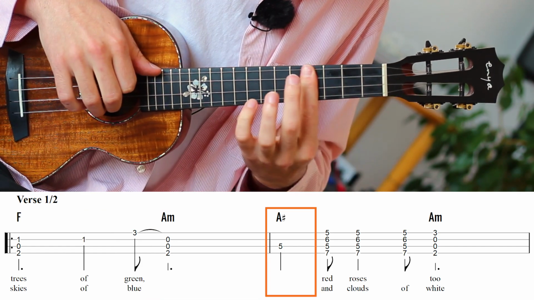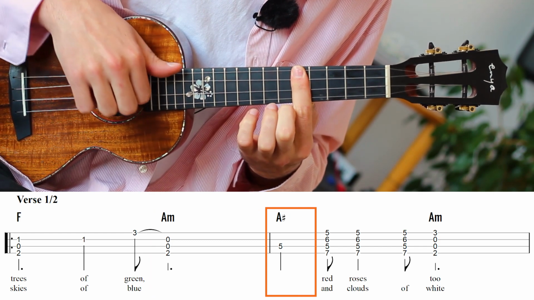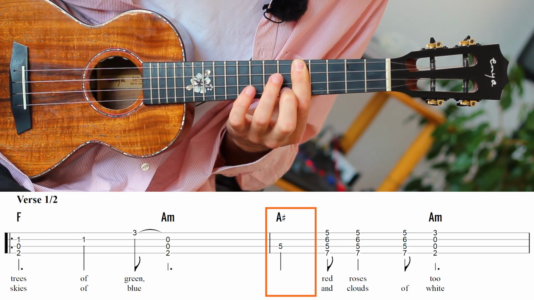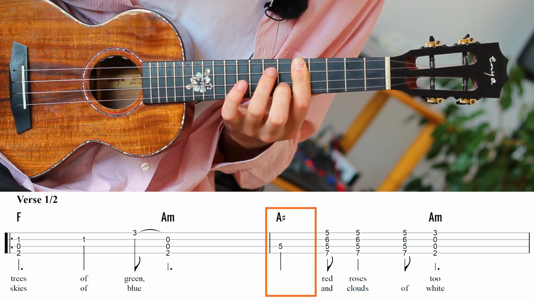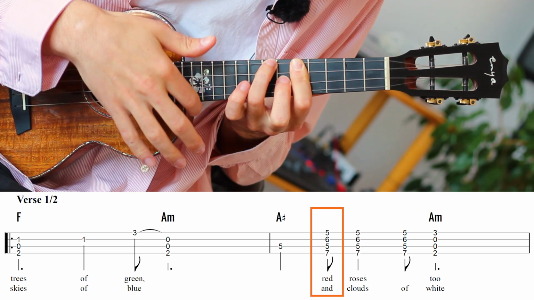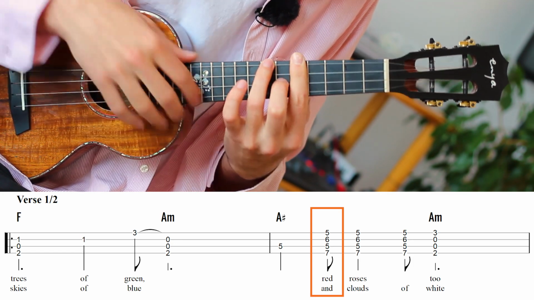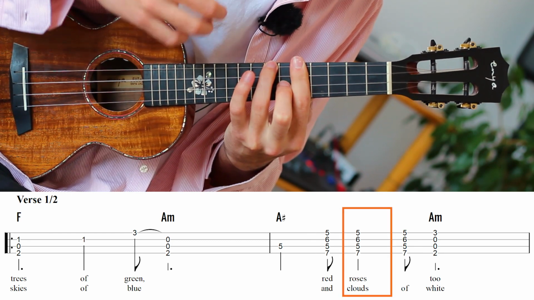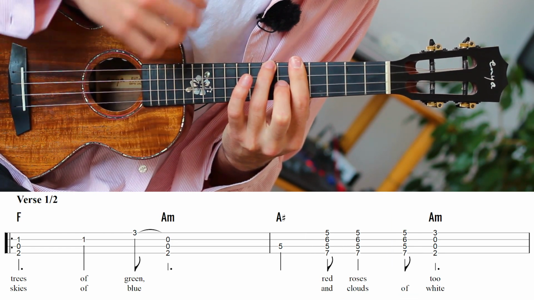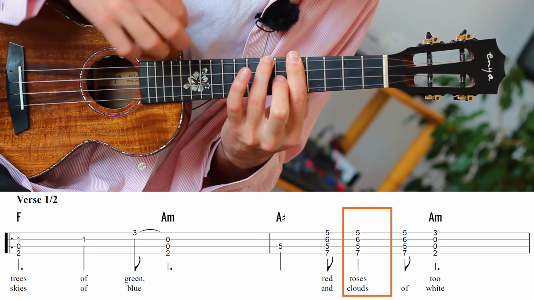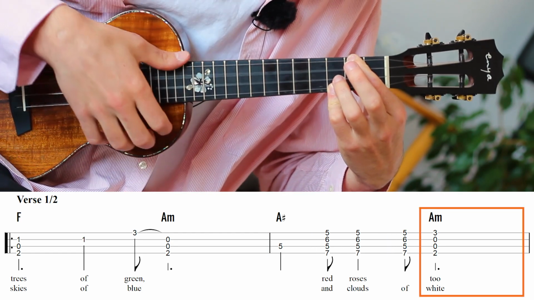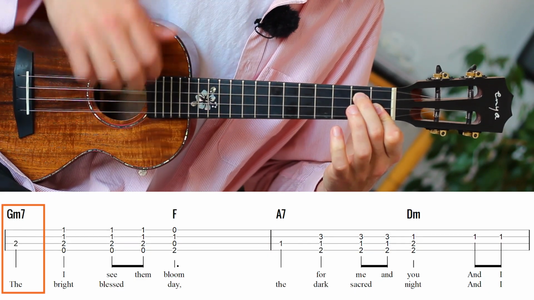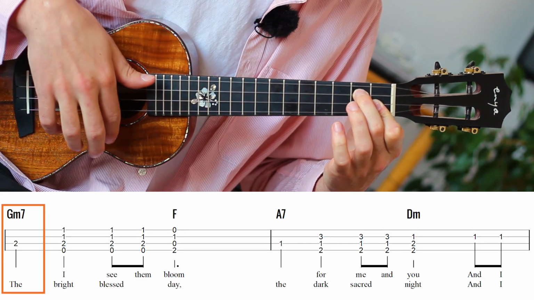And then we move the pointing finger to the 5th fret, barring here. And I'm first playing the C string 5th fret. It's a quarter note, so this means 1, 2, and then on 3 I play the chord, all right? And it's like da da da, all right? And after that we go to G minor 7, but first I'm playing just the C string and then